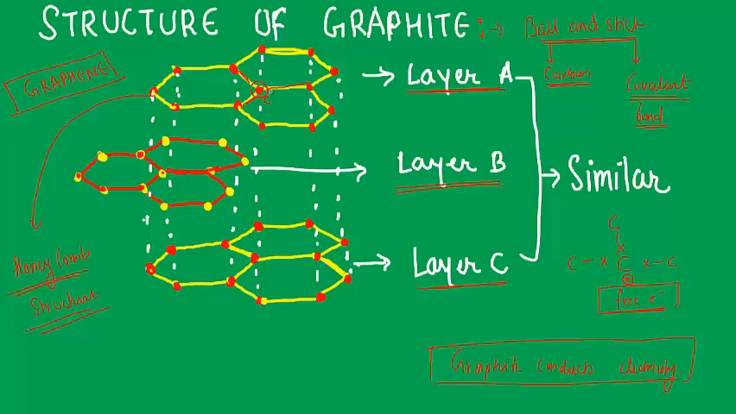If you are talking about the electron of layer A, it will move only into layer A. So every carbon has a free or delocalized electron which moves within its own layer. Fine. So now